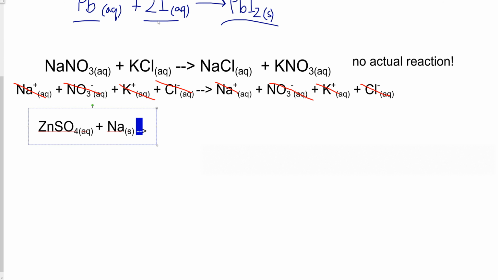And our question is, is anything happening? So we're going to do a single replacement here. That means we're going to have Zn solid. Where did that come from? Here. And we're also going to be making some good old